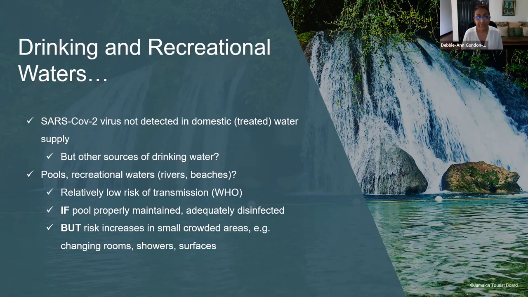The question, though, is what about other sources of drinking water, such as trucked water, bottled water? This is where it gets a little tricky. These may or may not be safe. Basically, all the sanitation practices in these water industries need to be strictly adhered to. And in fact, we need strict sanitation practices. These industries need to pay attention to sanitation in their factories, in the handling of the water from source to